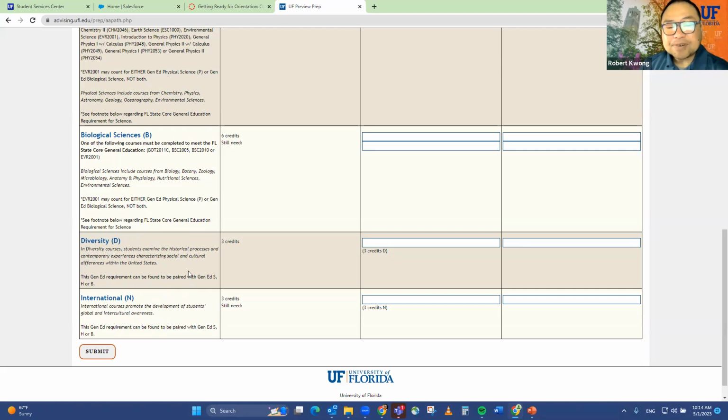And the key thing to remember is international and diversity are not standalone gen ed requirements. These can be paired with a social behavioral science, humanities, or biological science. And the same for international. So for example,